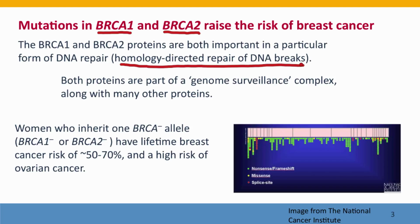They're both said to be part of what's called a genome surveillance complex, a large complex of proteins that interact to look after the integrity of the genome, to make sure things don't go wrong, and then to prevent cell division when things do go wrong. So women who inherit one BRCA minus allele, either BRCA1 minus or BRCA2 minus, have a lifetime risk of breast cancer of 50 to 70%. And they also have a high risk of ovarian cancer. Women who inherit normal alleles have a risk of breast cancer that's maybe 8 to 10%, depending on genetic background